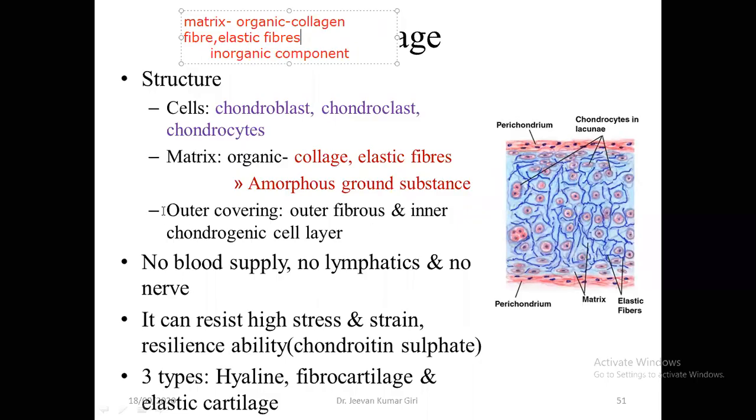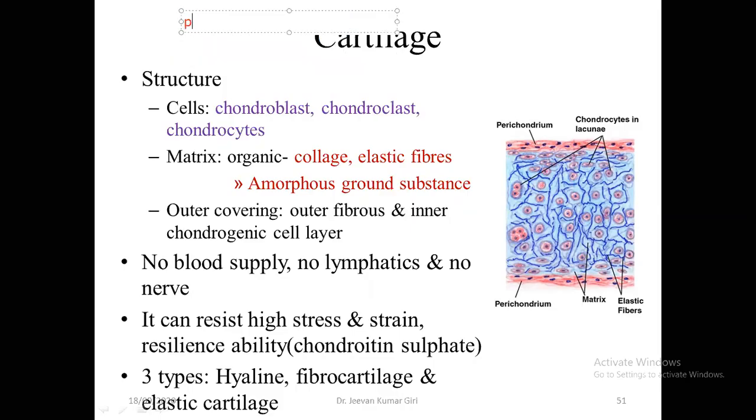Now see here, if you see the covering of the cartilage, in case of bone the covering was the periosteum. Similarly, the covering of the cartilage is the perichondrium. Okay, so the perichondrium forms the covering of the cartilage. Periosteum is the covering of bone. So here again you will find the outer